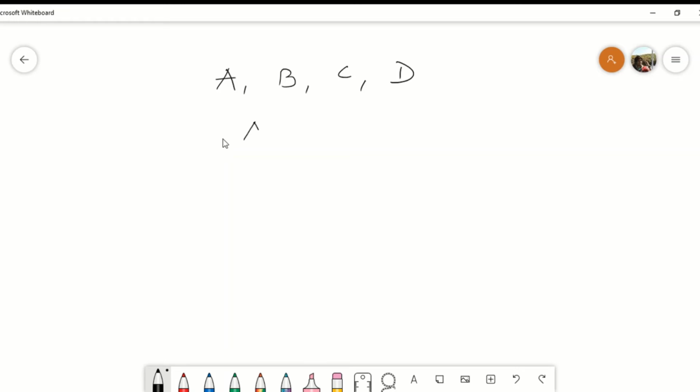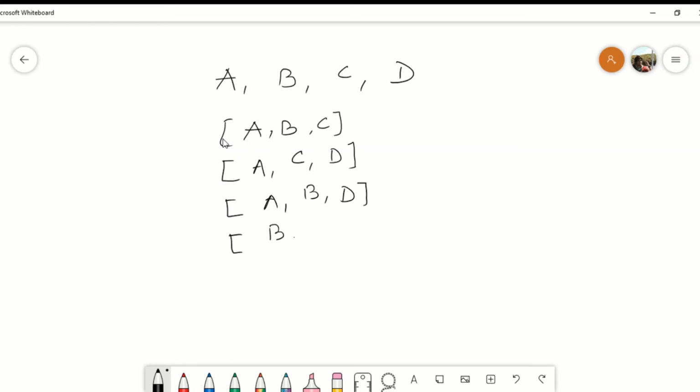So one team can be which has A, B, and C. So this can be one team, right? Another team can be A, C, D, right? Another team can be A, B, D, and another team can be B, C, and D. Now you see, if we have selected these 3 players and formed a team, any permutation of these 3 letters won't matter, right?